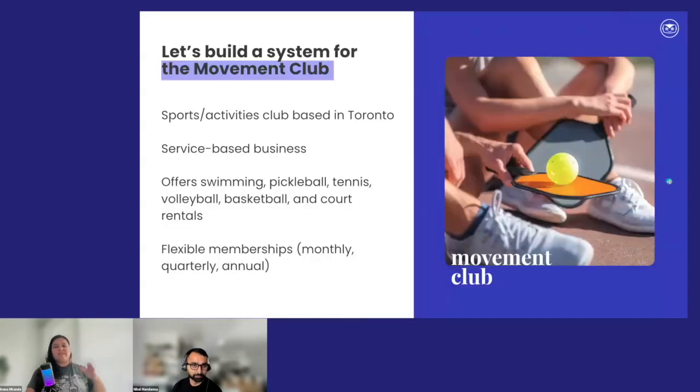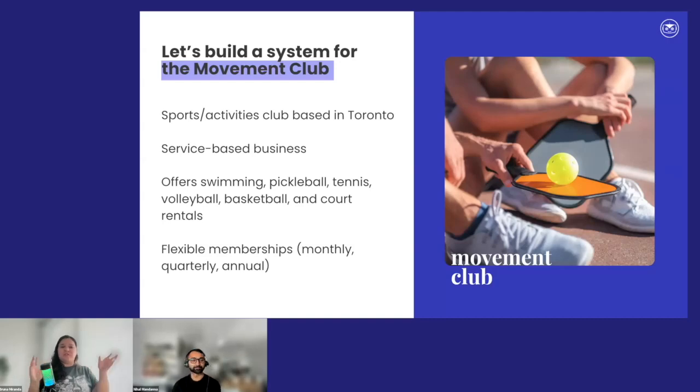Exactly. So let's imagine the movement club. I made this tailored to Nihal because he's a very big pickleball fan. So I guess this image is pickleball. Yes. Okay, I don't know. I mean, that's a terrible paddle, but yes. Oh, I'm so sorry. You do the images next time. I'll do that. Take a personal photo, please.